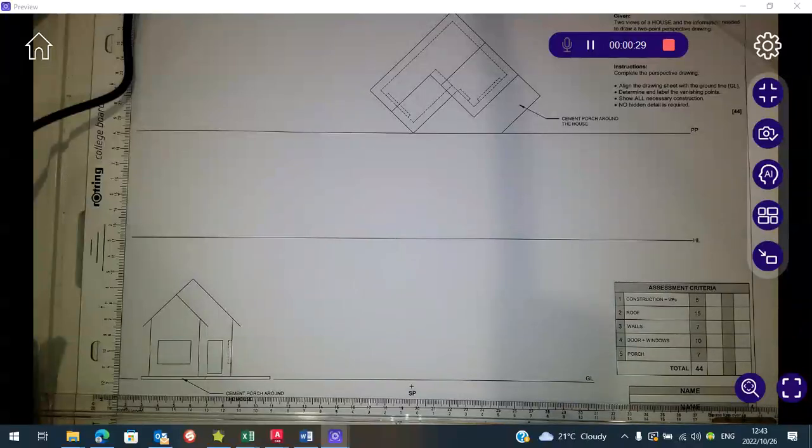Then they will give you either a front and a side view. Sometimes they'll give you both. Your front and side view work with your ground line and your horizon line. So that's all part of looking at it from the front. So you need to understand that this is a combination of a top view and a front view. We use the measurements from our top view and the measurements from our front and side view in order to